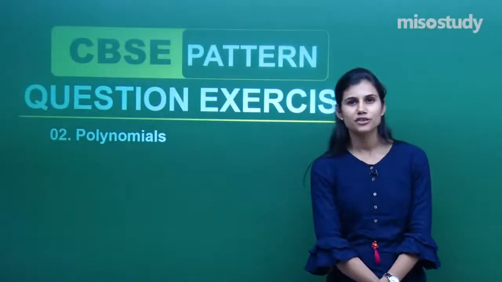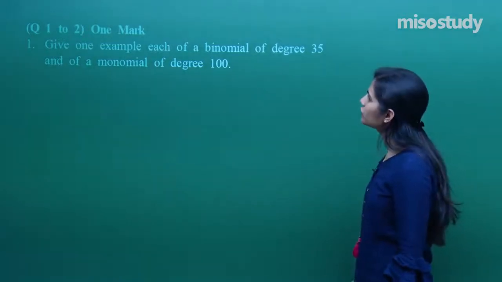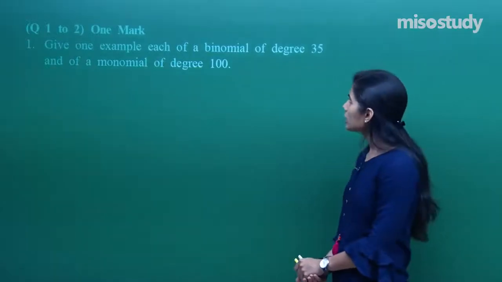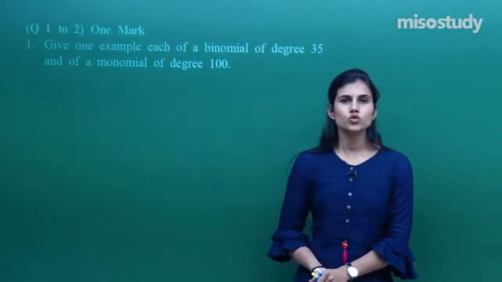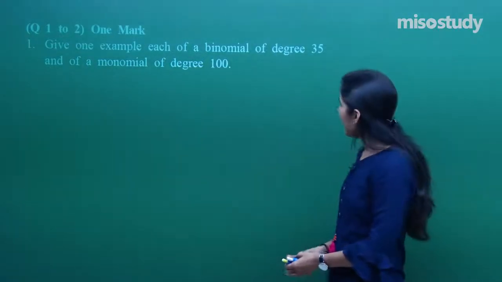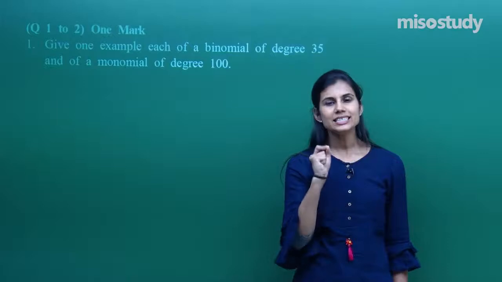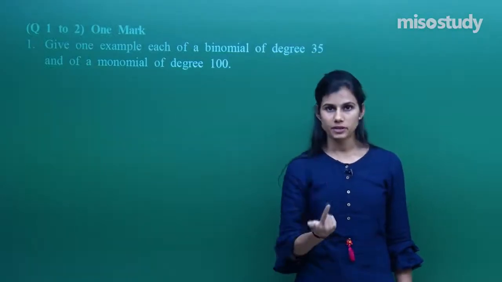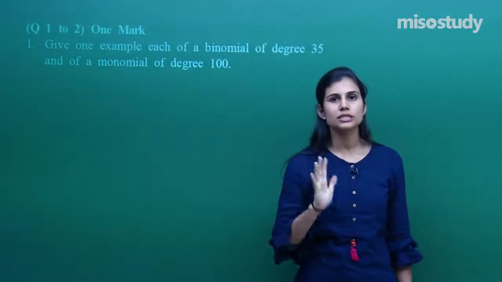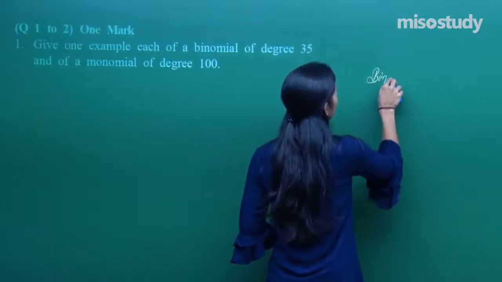Okay guys, let's begin our discussion over the questions on polynomials. The first question for 1 mark says that give one example each of a binomial of degree 35 and of a monomial of degree 100. When it's talking about binomial, that means it has to have two terms, right? Both consisting of variable. And if the degree of that binomial expression has to be 35, that means the highest power of the variable has to be 35, such that that variable with the highest power 35 should have coefficient as non-zero. So I can say binomial